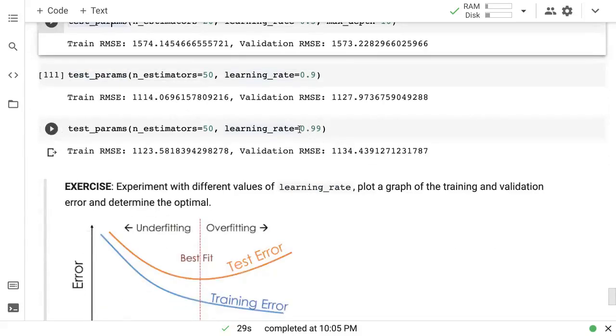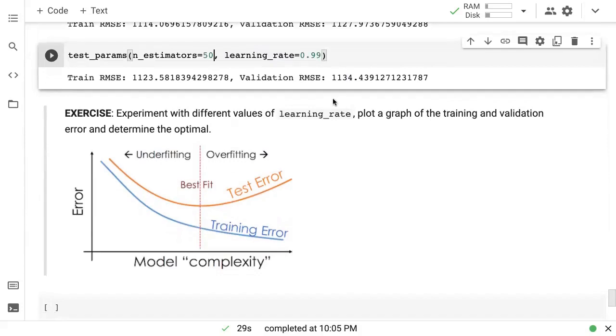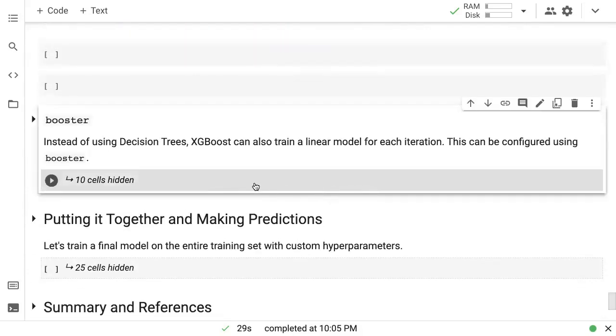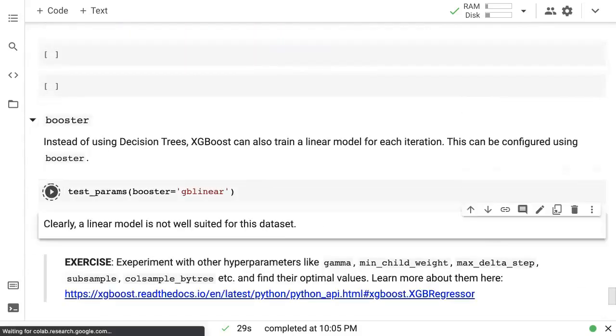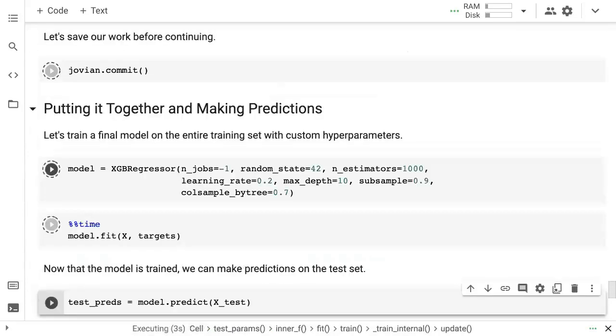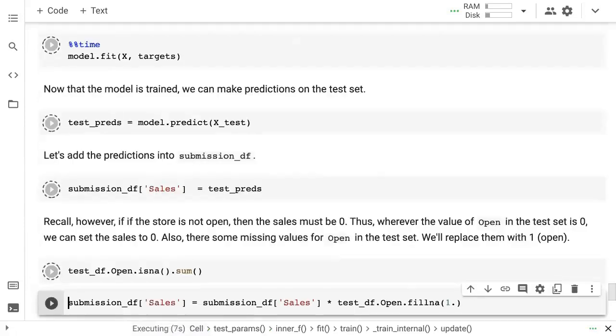And by the time we get to learning rate 0.99, RMSE is looking pretty good. But as I said, you can try putting in 500 here and it'll take 10 times longer. But that will tell you if learning rate of 0.99 is always a good idea, especially at a very high number of models. And I'm just going to run all of these cells so that we don't have to wait a long time.